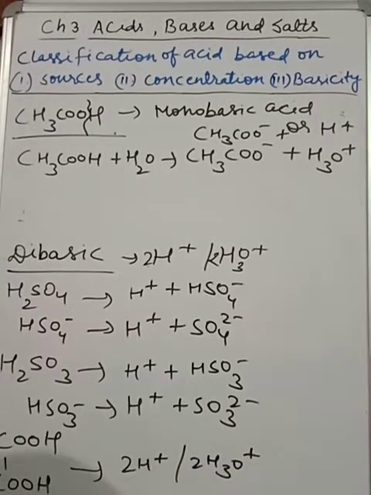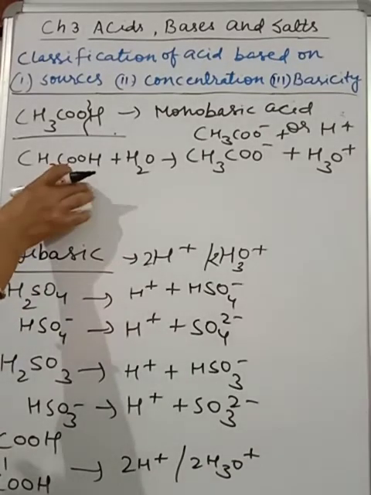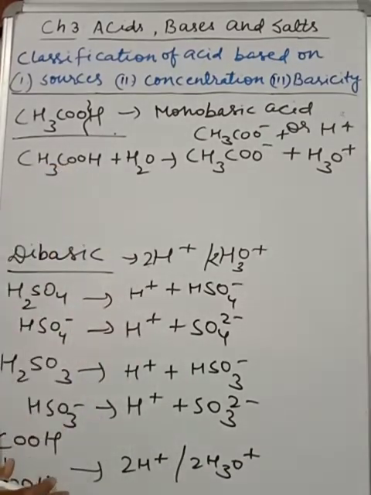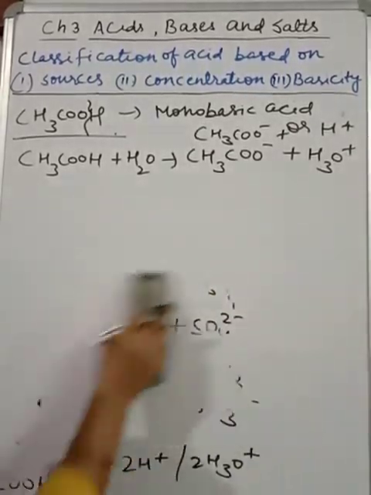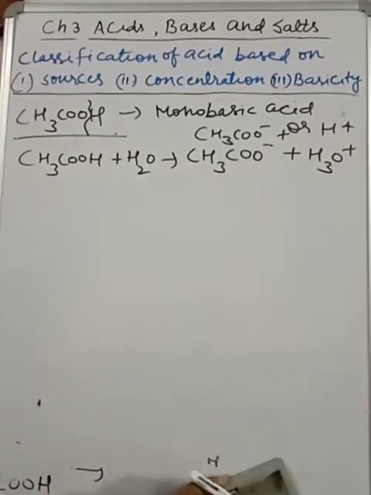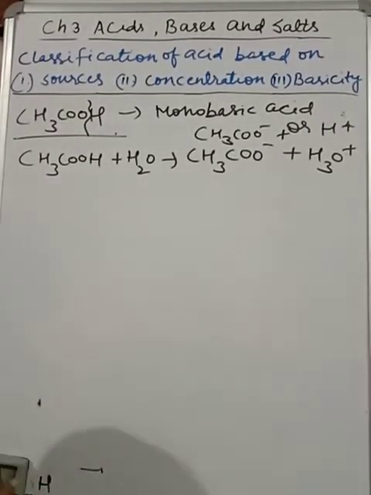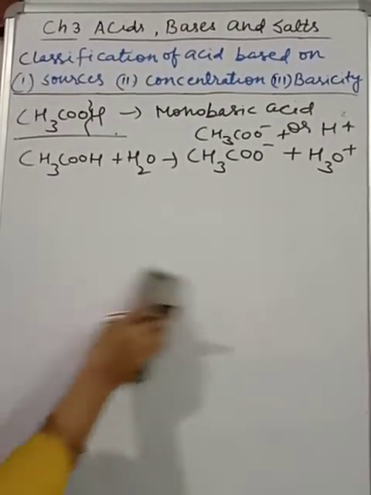Now here one question arises, like this is the exception of monobasic. Here also I want to give you one exception, and that is H3PO3. In spite of the presence of 3 hydrogens, it is capable of furnishing only 2 H3O plus or 2 H plus. Why, children? I am showing you the structure of this, then you can understand. As I told you, only the hydrogen atoms which are directly linked with oxygen are capable of furnishing.